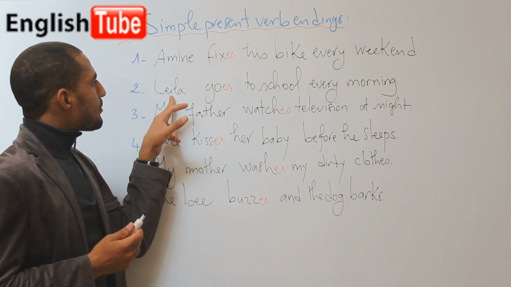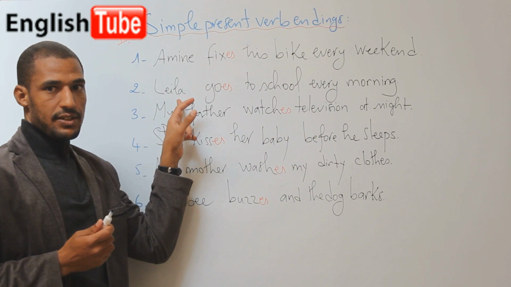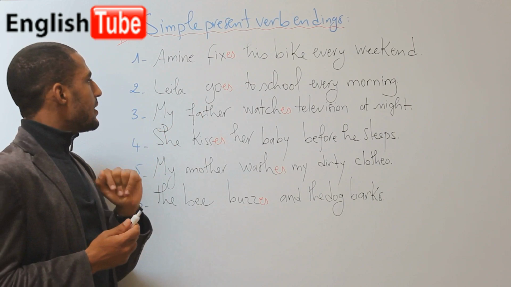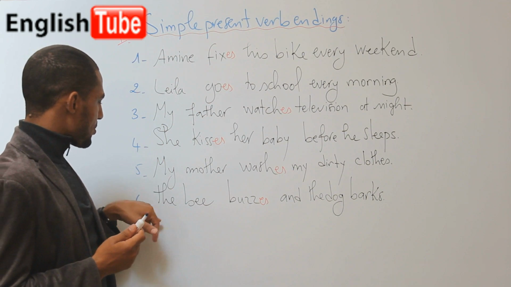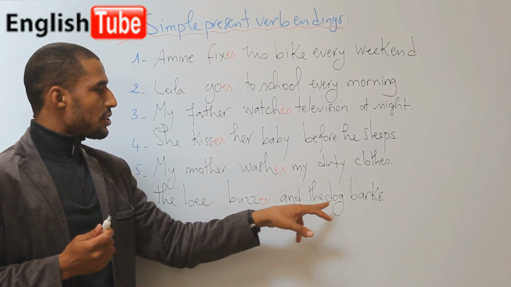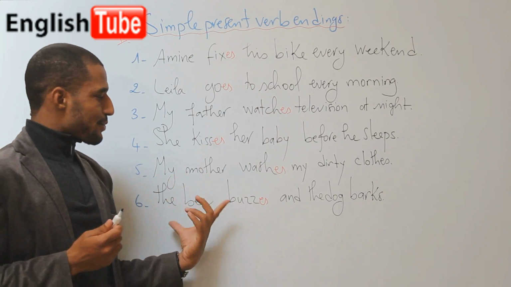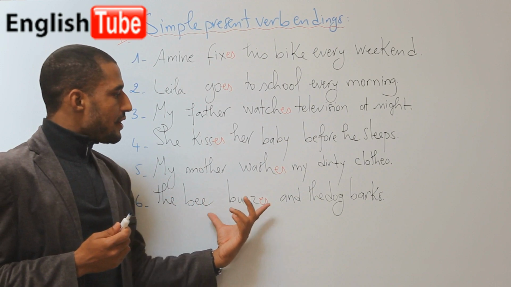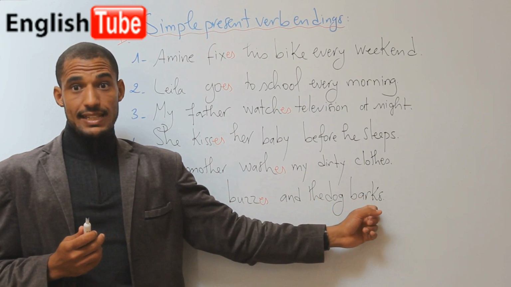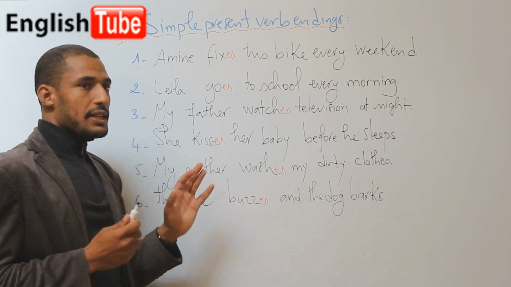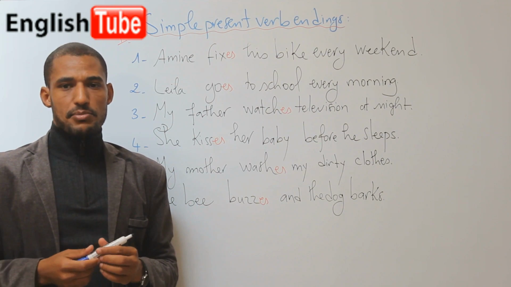And here is another example: Leila goes to school every morning. The subject of the sentence here is Leila, so the equivalent pronoun is she. And we have another example, let's take the last one: The bee buzzes and the dog barks. The bee is the subject in the first part, and we've got a combination of two sentences, and the dog again is the subject of the second sentence. The dog and the bee are animals and insects, so the equivalent subject pronoun is